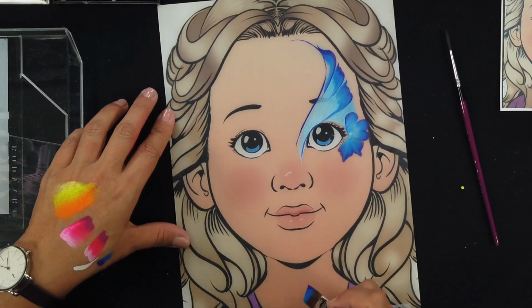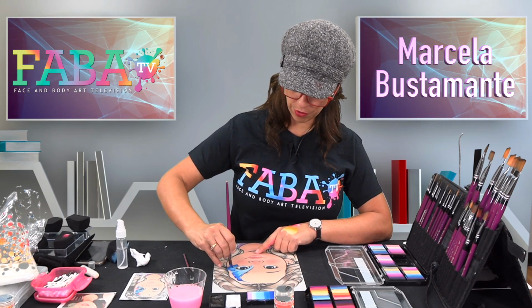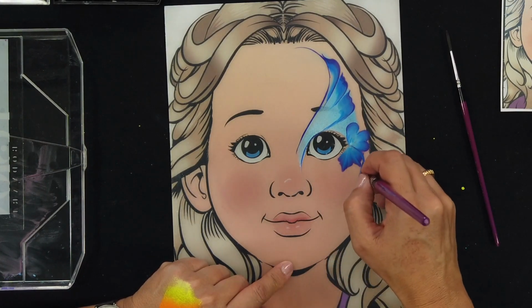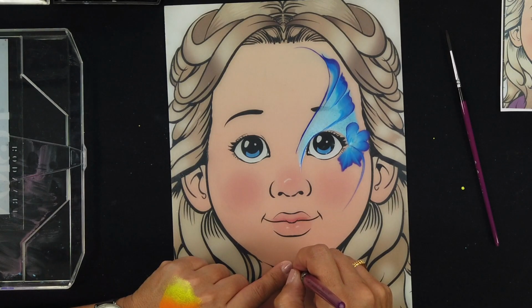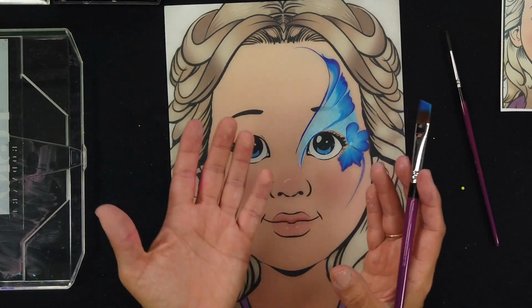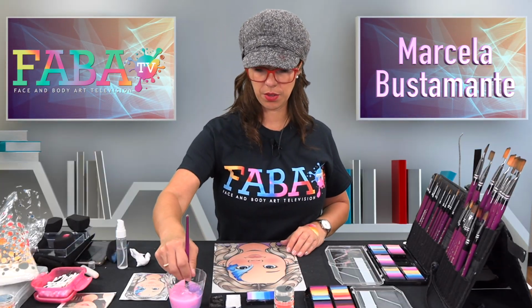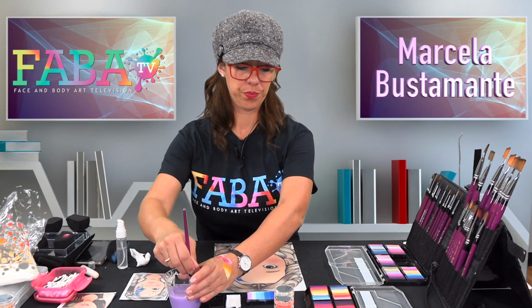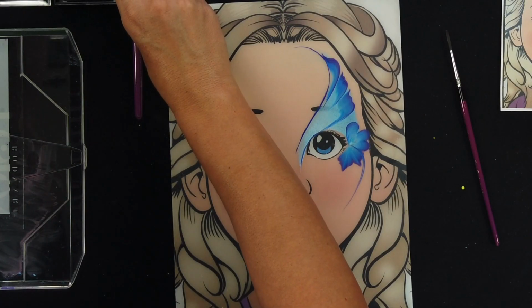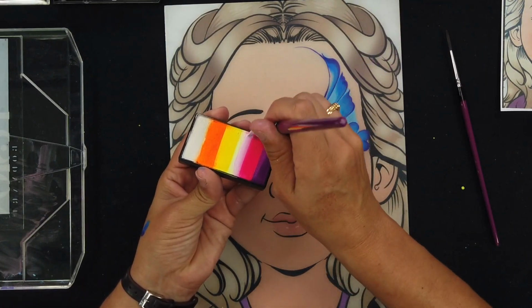Right? Like that. So now, same thing, I'm going to bring like one line, very thin line, to this focal point. Like if I extend this, it's coming to this focal point, right? But I'm going to stop over there. So now I want to add 2 little roses, but I really want that nice contrast, all right? So with the same brush, I'm going to load it with these colors, white, pink and purple,